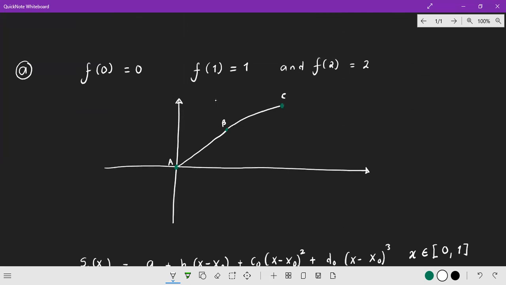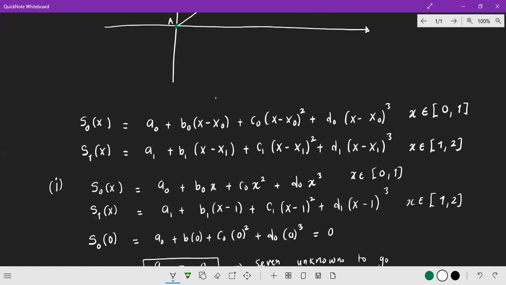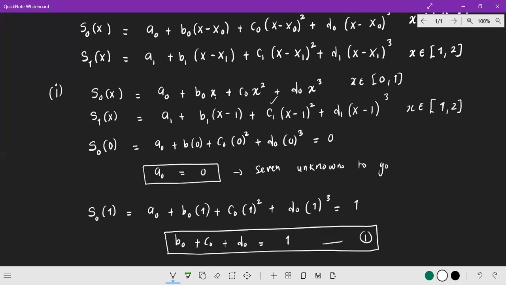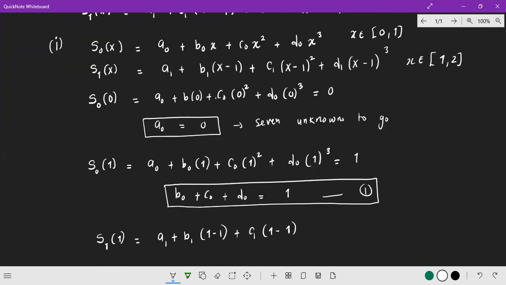The next, again, I also evaluate S1. So this spline from B to C now is in the same conditions as those for S naught. So I evaluate this at 1. So S1, evaluating this at 1. Okay. So the endpoint will be equal to A1 plus B1 times (1 minus 1) plus C1 times (1 minus 1). So I'm using the S1 equation, which is this here. Okay, so I'm just replacing where there's x, putting a 1 because I'm evaluating this at 1